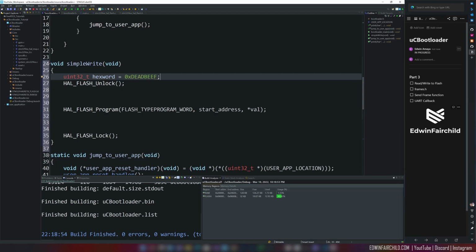Okay, so I am going to write the hex value dead beef. So that's what I'm going to write. I'm going to have that as my actual value that I'm going to write. And I'm going to write it in word. So it's going to be a 32-bit word. That's the word size of the microcontroller. And the address, I'm going to go ahead and write